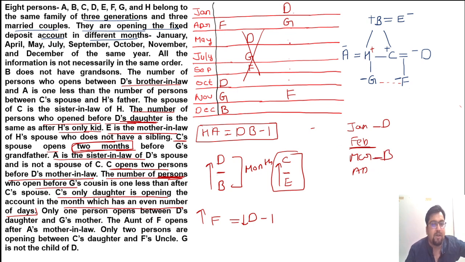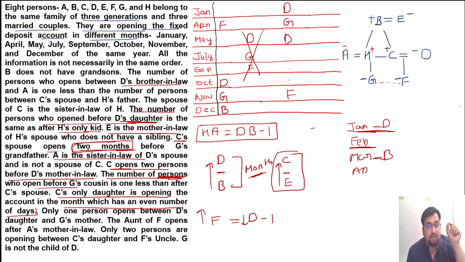Sir, is it possible? Don't think that D is here, B will be here, take a gap of 1. No, you are taking the gap of 1 month, you are not taking the gap of persons. That is why I mentioned there's a difference between months as well as persons. So this is a very key point. You make this note that if D is on Jan, then after the gap, because months should be counted in a universal way, like 12 months are there. Don't forget these points, small things.